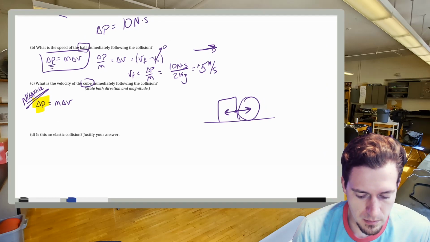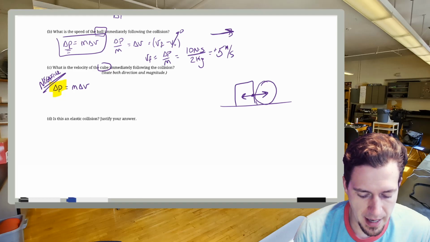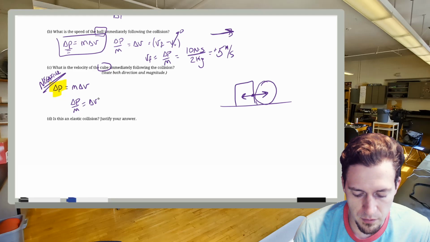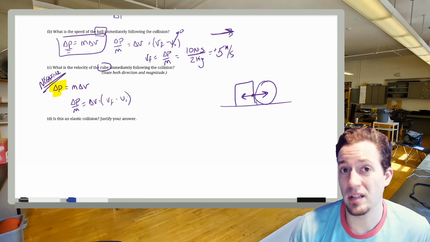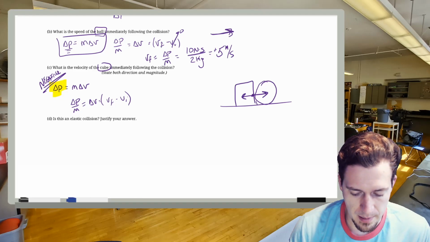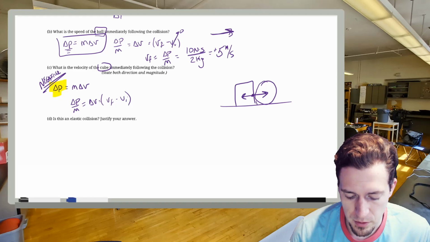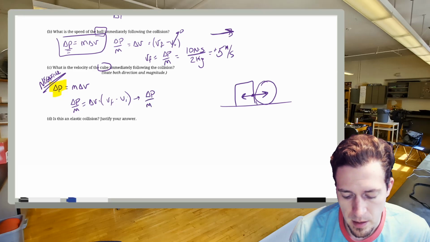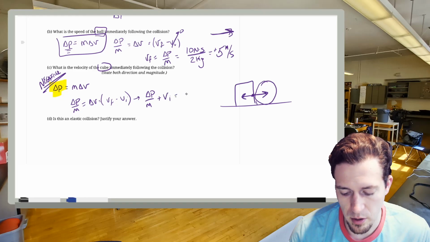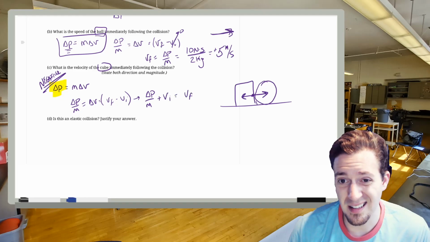So again, I'll divide both sides by m, so change in momentum over mass is equal to delta v. This would be equal to vf minus initial velocity. Now, here I know the initial velocity, and I'm trying to find the final velocity. So if I algebraically rearrange this a little bit, I'm going to get delta p over m, and then plus the initial velocity is going to be equal to the final velocity, remembering that the impulse has to